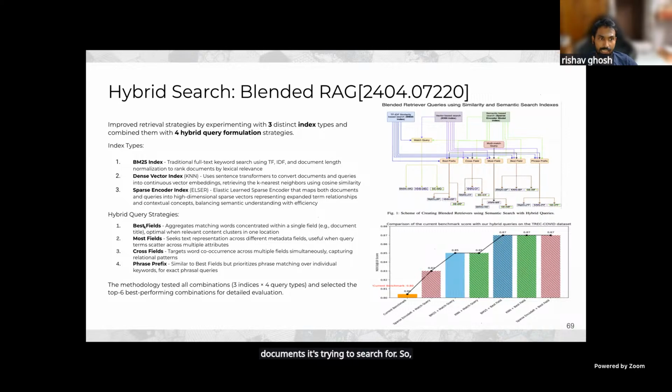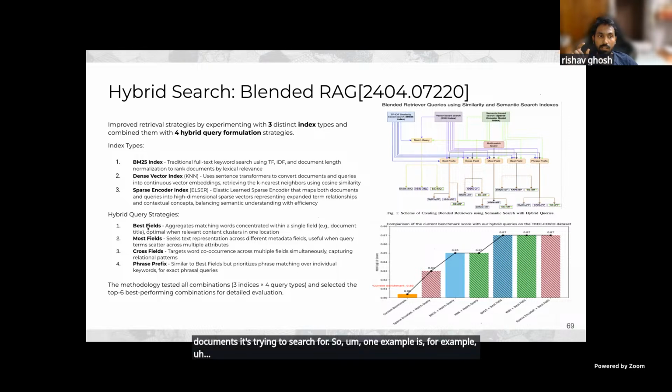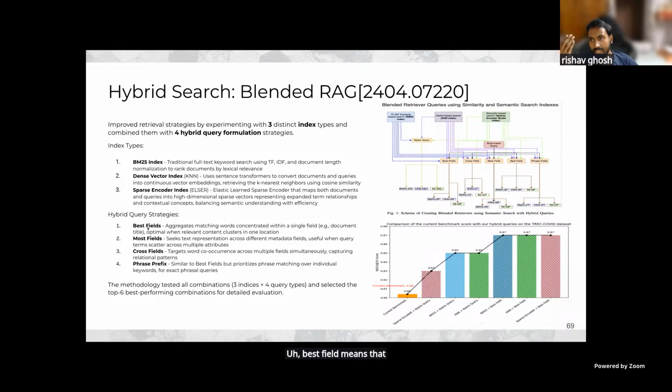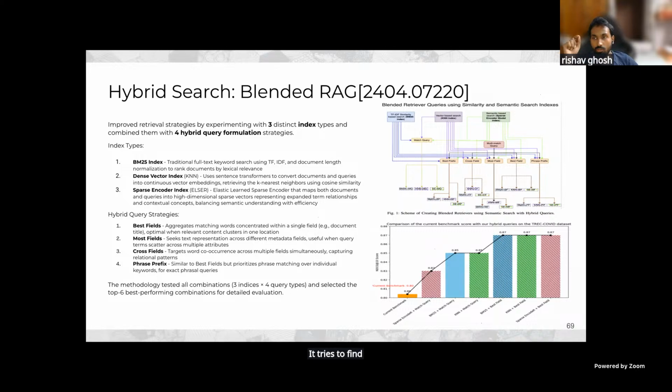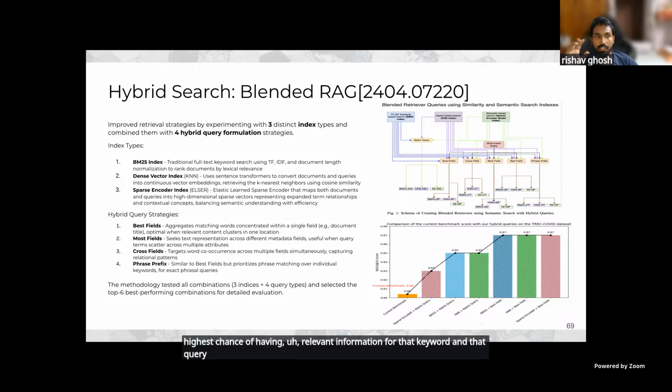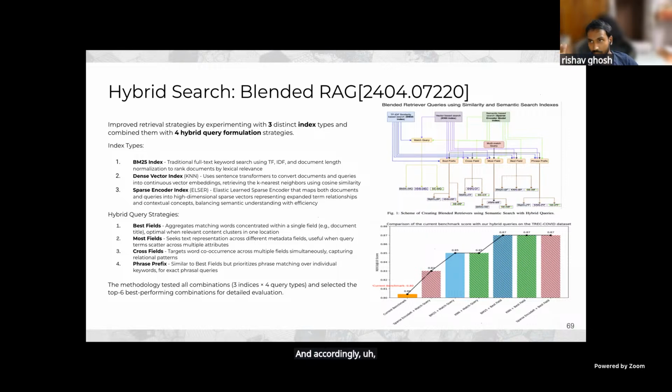So one example is best fields, which means that if there are n documents, rather than fetching all the n documents where a particular keyword has been occurring, it tries to find only the document where the most number of occurrences or the highest chance of having relevant information for that keyword and that query is present, and accordingly that's a way of fetching essentially.